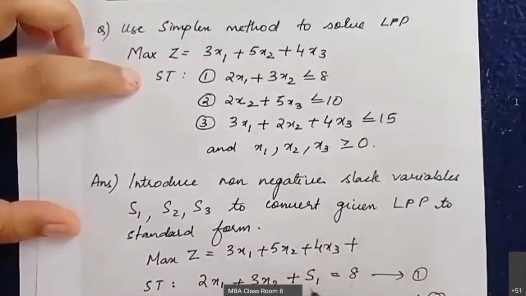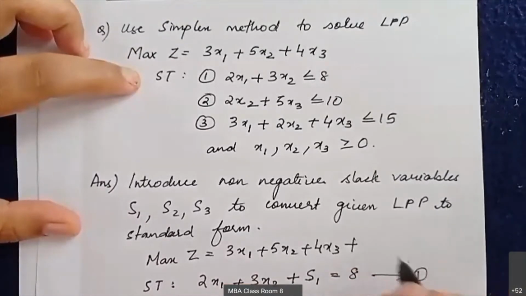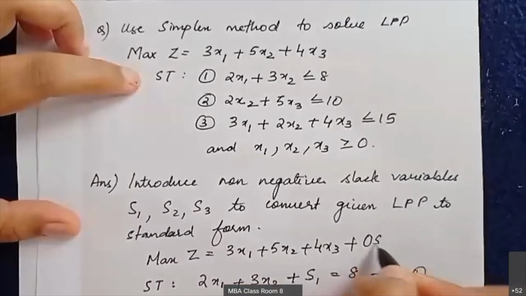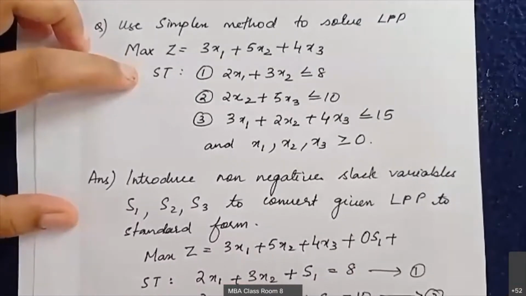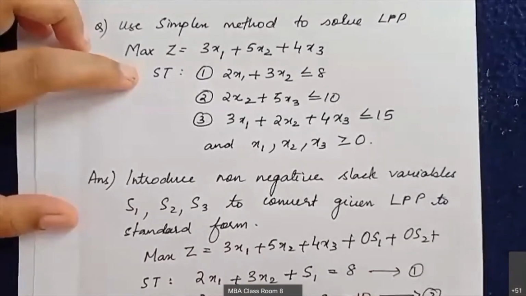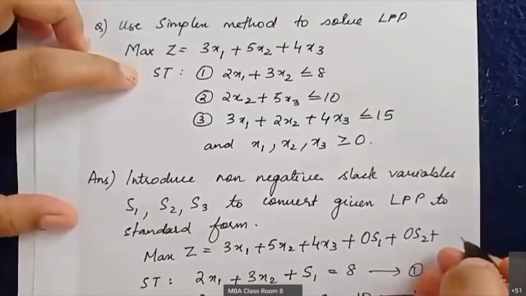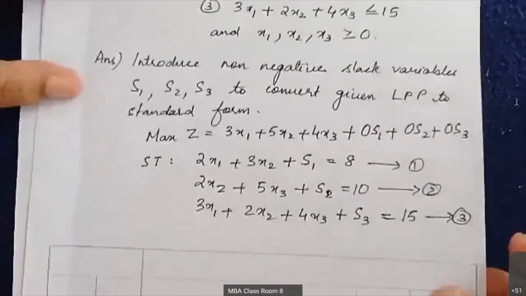The objective function should not change, but I have to introduce the slack variables. How do we do that? Plus 0 S1, plus for the second equation we have slack variable S2, so I'm adding 0 S2, plus for the third equation I have slack variable S3, so it is 0 S3. Is it clear? This is how we rewrite the